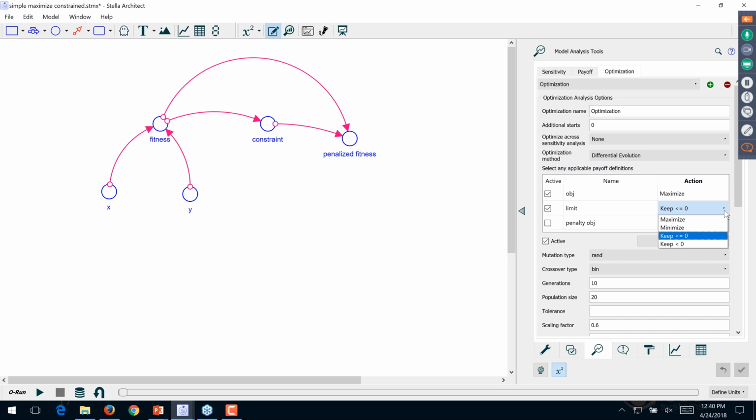My choices here, I can maximize it. That means it's an objective. I can minimize it. That means it's an objective. I can keep it less than or equal to 0. That means it's a constraint. Or I can keep it less than 0. That means it's a constraint. So here I have